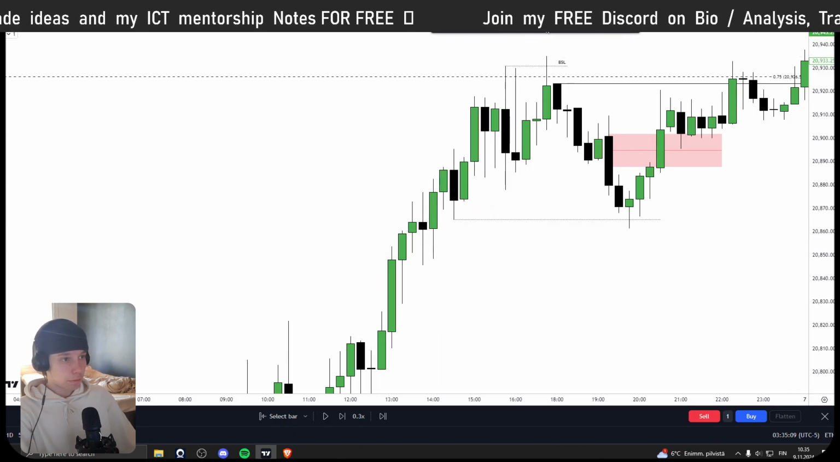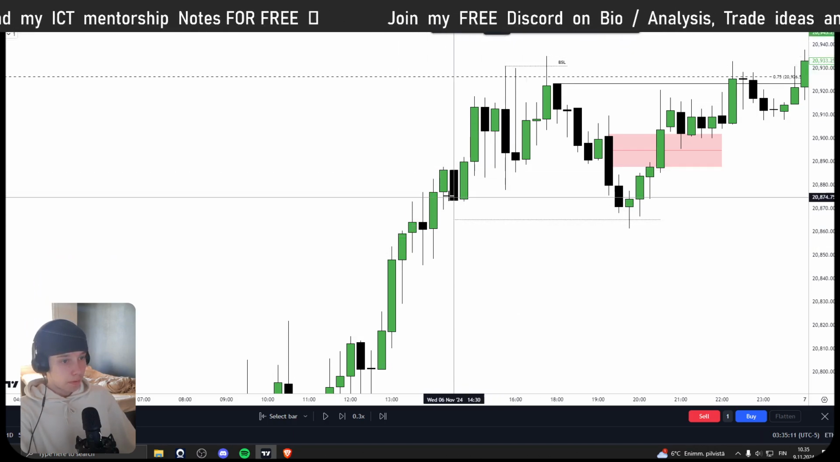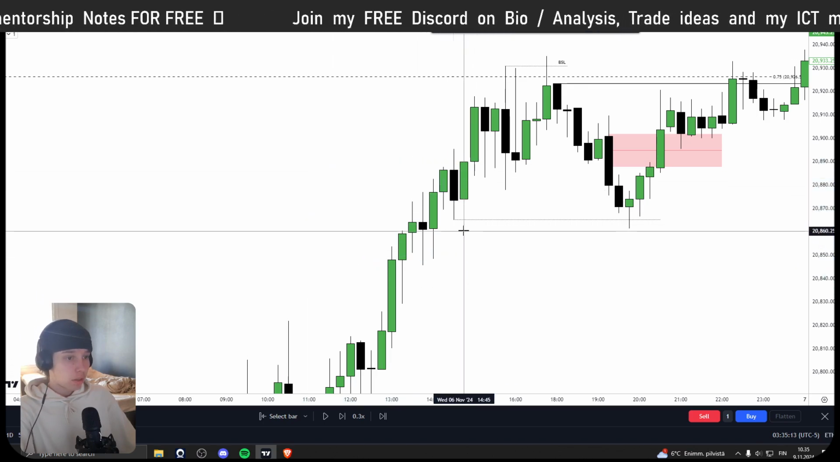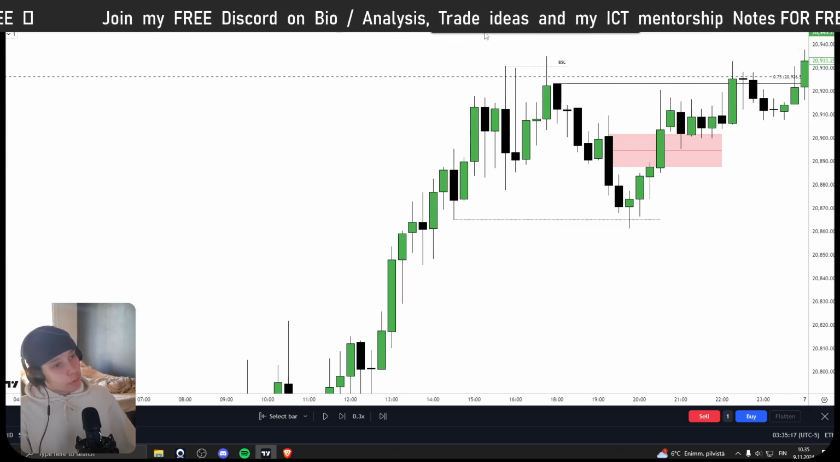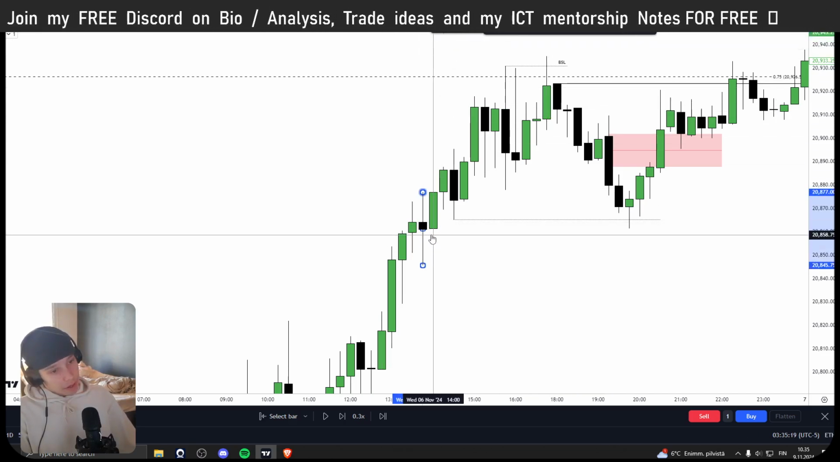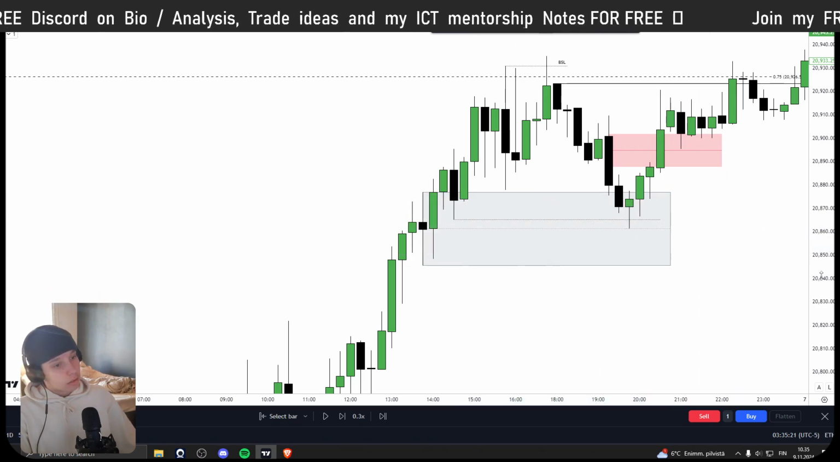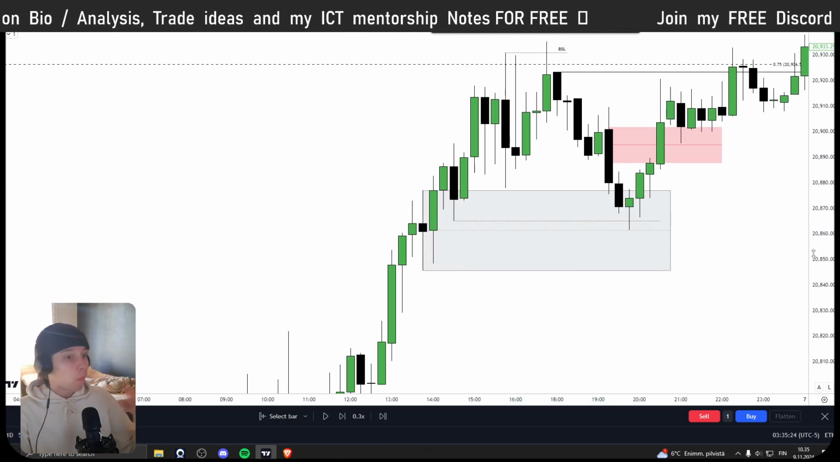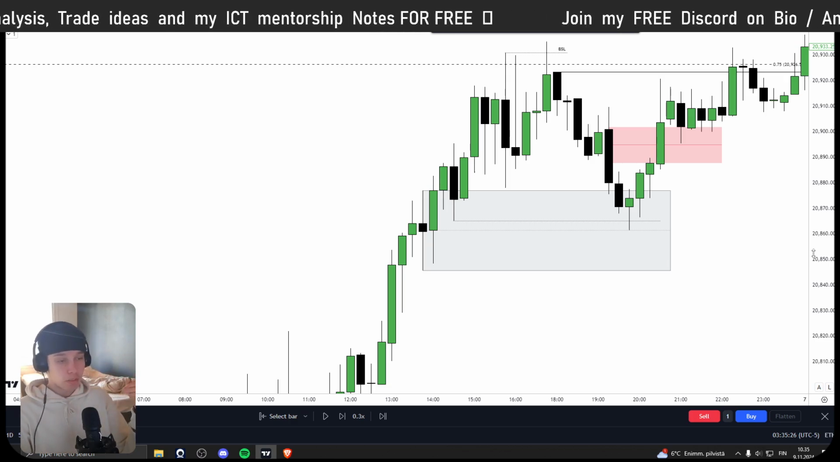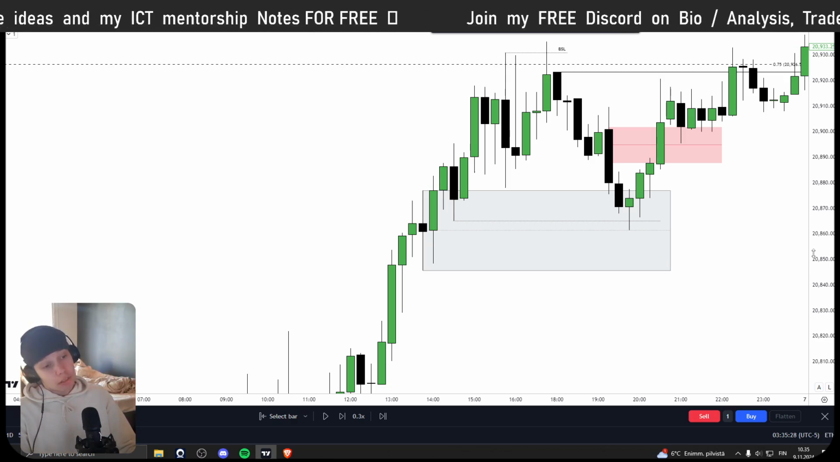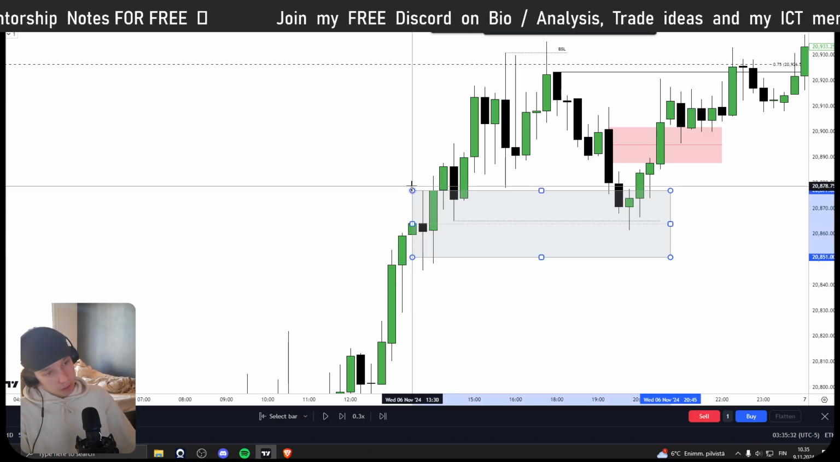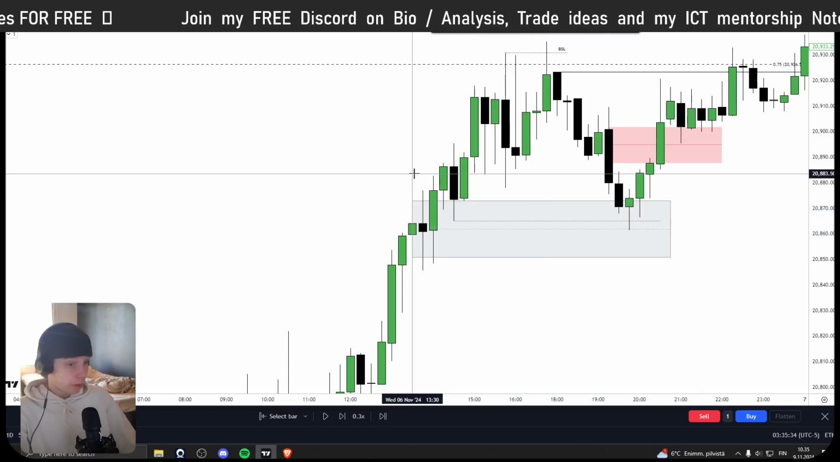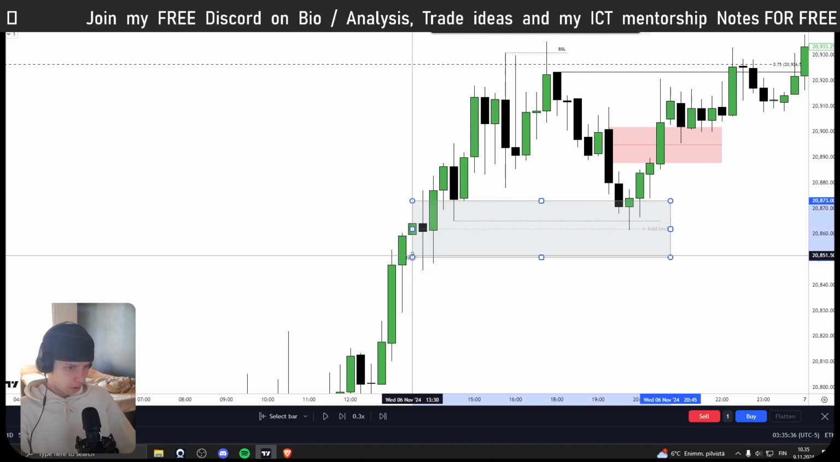I'm trying to look if you see any type of fair value gap in this range. Now there's not a single fair value gap. There's a lot of wicking, which means that this price range is fairly balanced. And what happens when a price range is balanced? You want to see price respecting the consequent encroachment, or with a balanced price range, its mean threshold of the